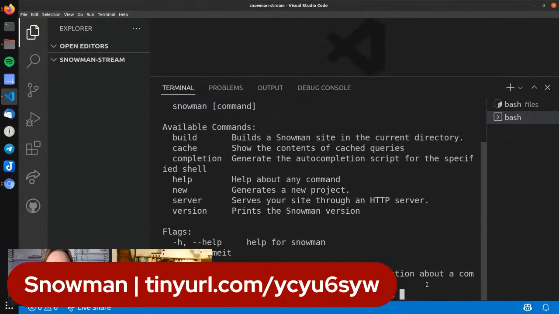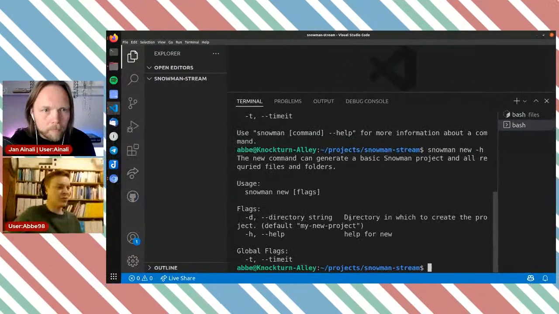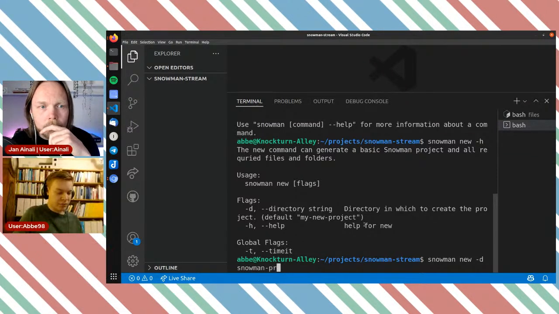So I'm going to type snowman new and ask for help to see what we can do when we do snowman new. We see that we have 2 flags. One is the help one I just ran to display this information. The other one is the directory, which essentially says this should be the name of the directory where I want to create my new project. So I'm going to do that. And I want to call this Snowman project,